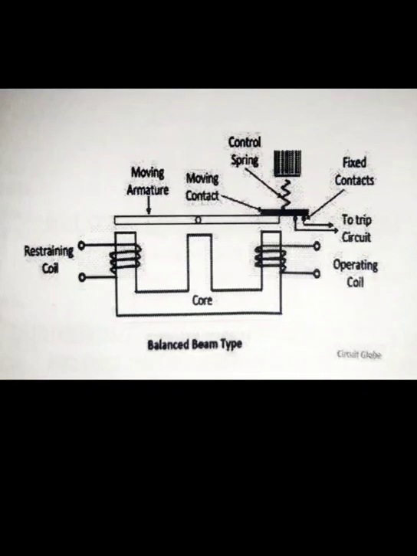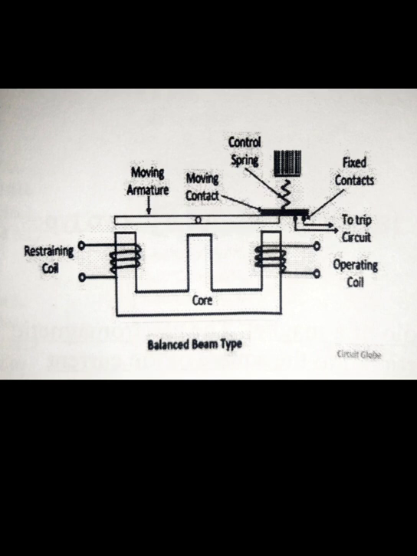The electromagnetic relay. Electromagnetic relays are relays which operate on the principle of electromagnetic attraction. It is a type of magnetic switch which uses a magnet for creating a magnetic field. The magnetic field is then used for opening and closing the switch for performing